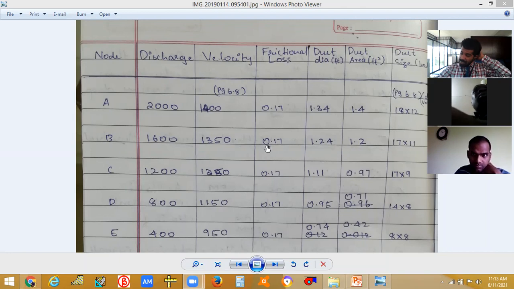It is Di raised to 5.02, right? Di raised to 5.02, in which you have to find Di. So Di raised to 5.02 is some value, correct? So in order to find Di, what do you have to do? That value raised to 1 by 5.02. That value Di raised to 5.02, you will be getting a value, right? So in order to get the diameter, what you have to do is that value raised to 1 by 5.02, and you will be getting the answer.